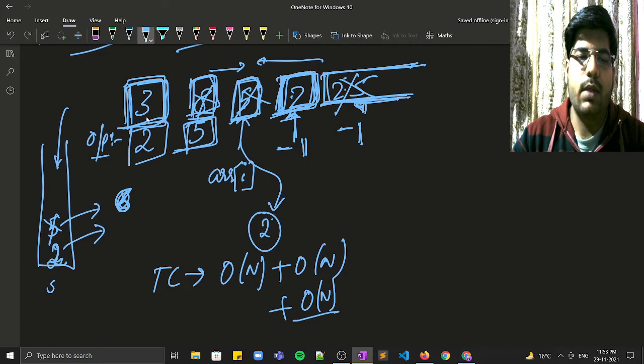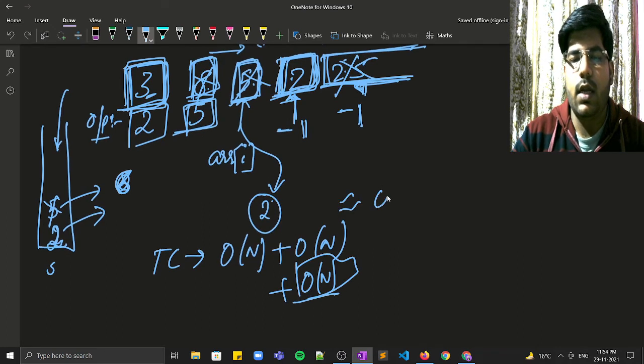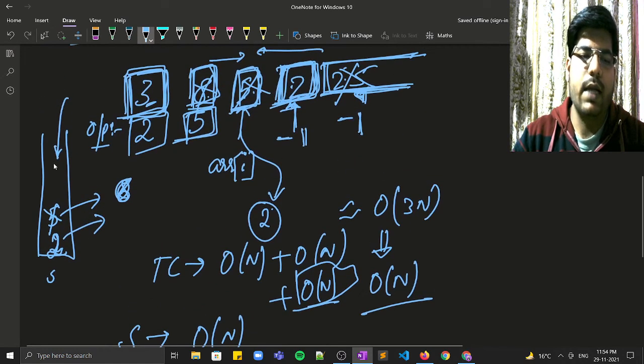For example, for 3, 8 and 5 were greater, so you popped them out, so roughly it will take order of n time. So basically we have order of 3n time, which is nothing but order of n time complexity, and space complexity will be order of n again, because at max the stack will contain all the elements, right?